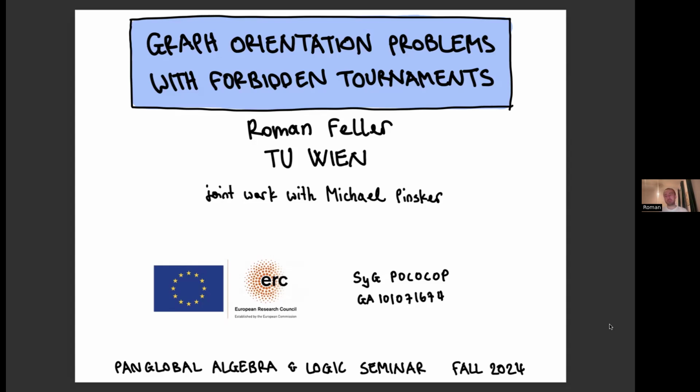I want to talk about graph orientation problems. First, I want to introduce them to people who have not seen them before. They're very easy to introduce, and so that's nice. Then I want to explain how those graph orientation problems can be viewed as CSPs of certain structures, namely of first order reducts of finitely bounded homogeneous structures. And then I will very roughly sketch how one can obtain complexity dichotomies